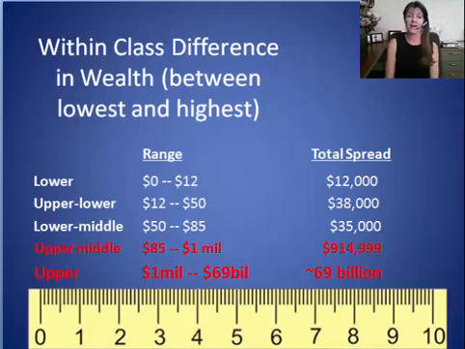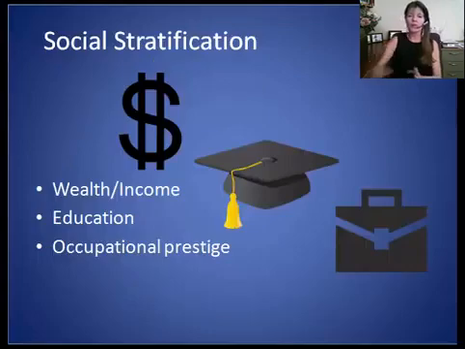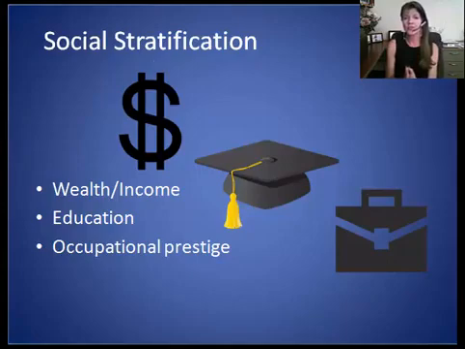This is very far from what we see here in our total spread column. If you look in these last two classes, you will see that there is exponentially more variation or spread in these higher classes compared to the lower classes. Social stratification refers to creating artificial divisions based on material rank.